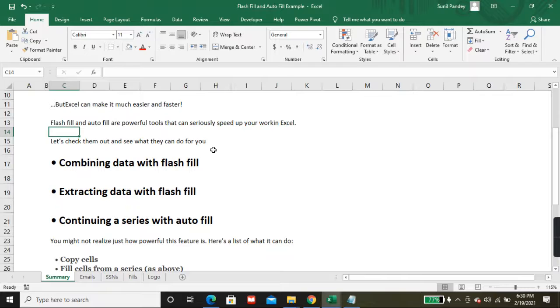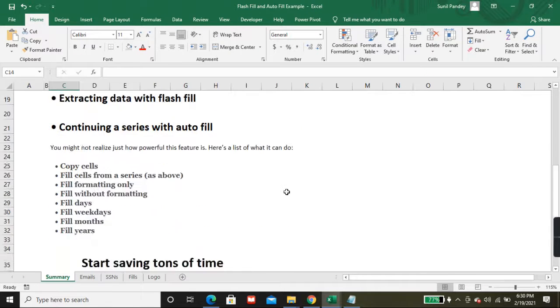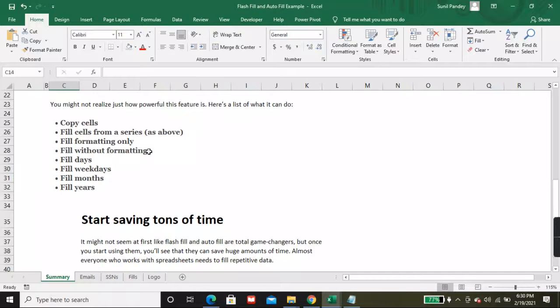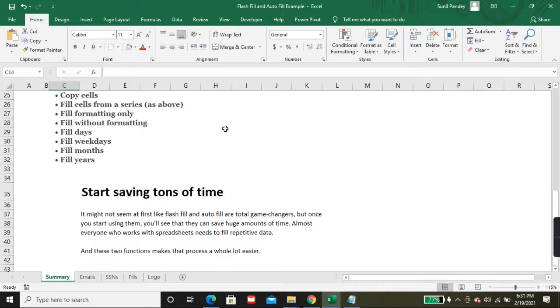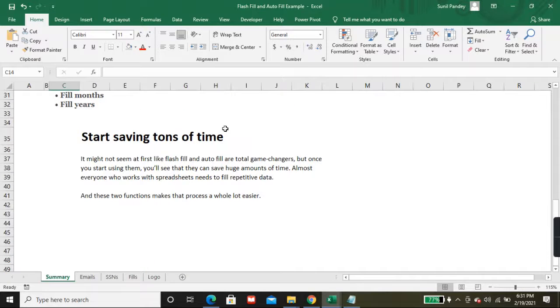After watching this video, you will see how magical these features in Excel are. Here's a list of what it can do: copy cells, fill cells from a series, fill formatting only, fill without formatting, fill days, fill weekdays, fill months, fill years. Start saving a ton of time by using flash fill.